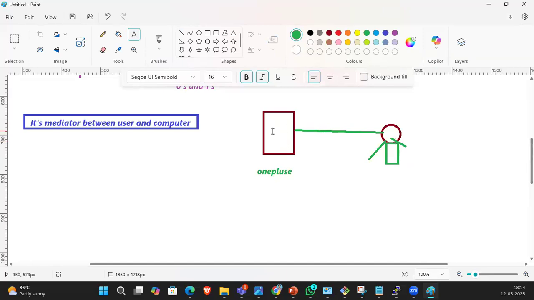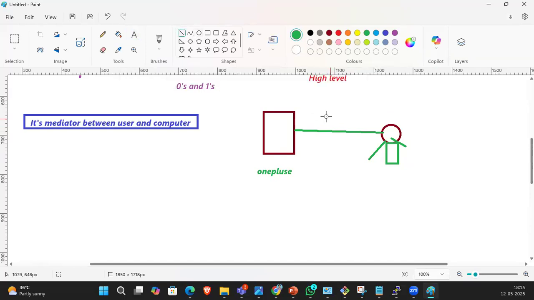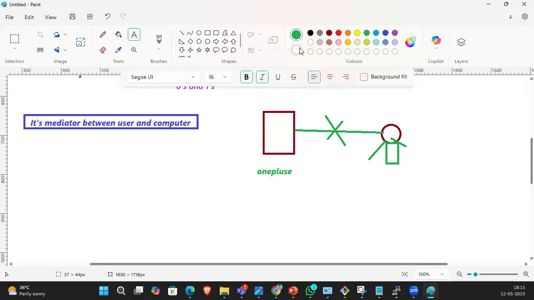Again, hardware knows only binary language and you know only high level language, English. So you both are unable to communicate with each other. We need an OS. The OS is Android. If you install the Android OS, then only we can communicate with this hardware, either OnePlus, Oppo, Samsung, whatever it may be.